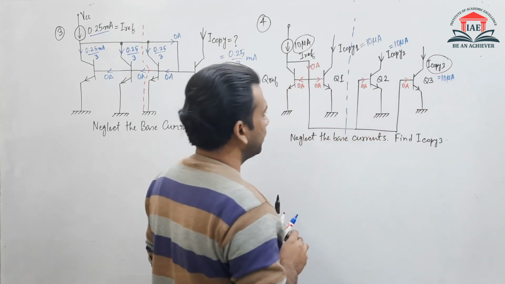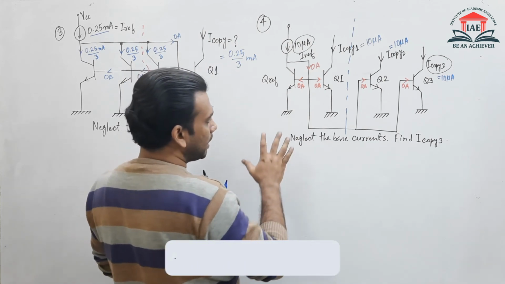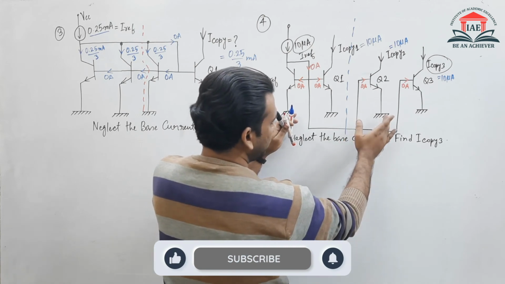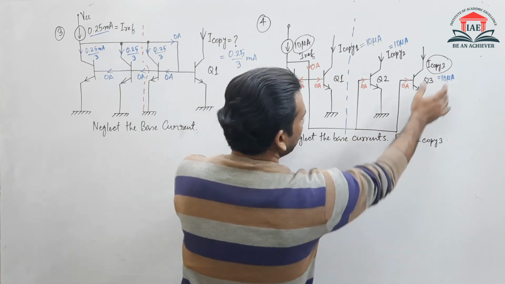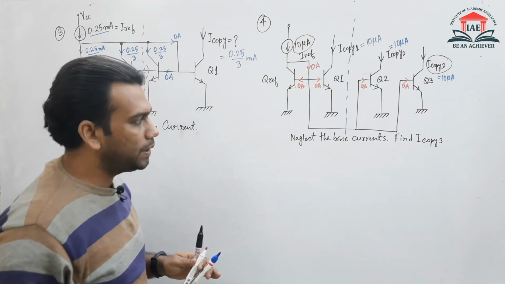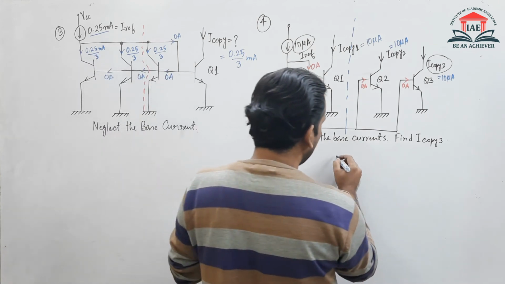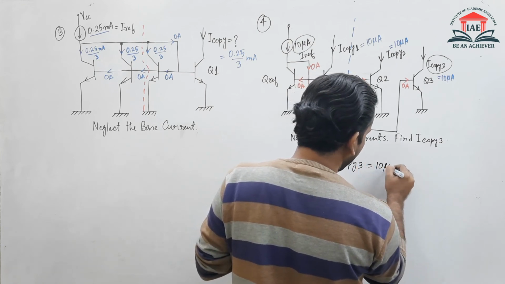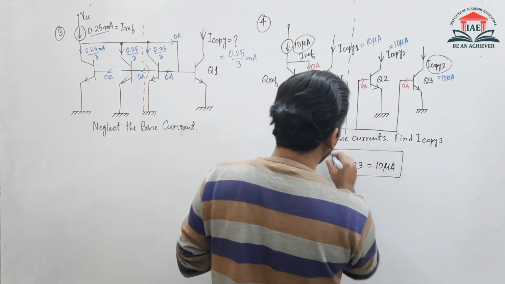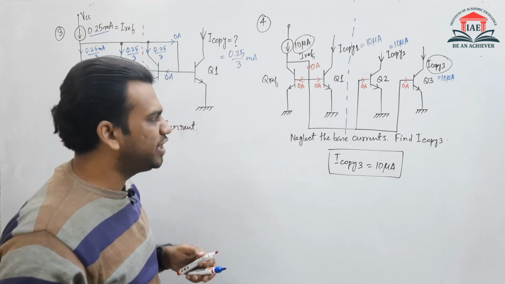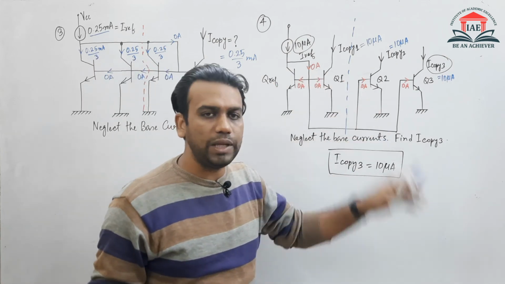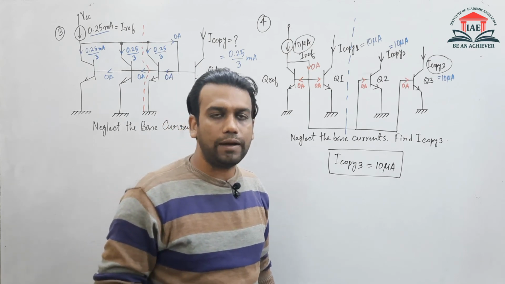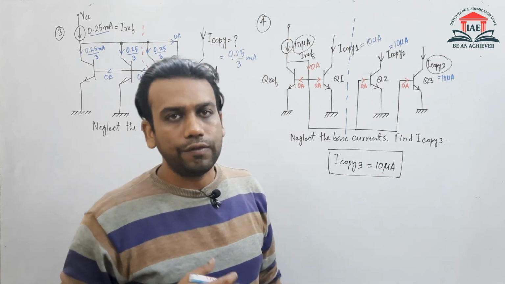So that means if you look at the transistor combination, first this one, then Q reference Q2, then Q reference Q3, we can find the value of I copy 3. What was the value of I copy 3? The value of I copy 3 is 10 microampere. So which is very easy. If you understand the current mirror circuit in detail, you can find any combination of the transistors of the current mirror circuit. So hopefully you have enjoyed the video, and thank you for watching the video.